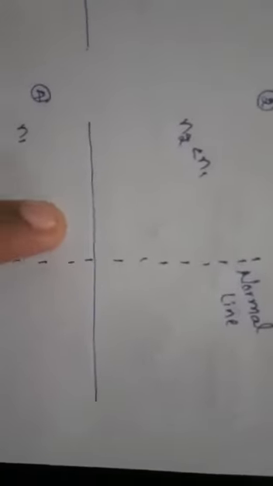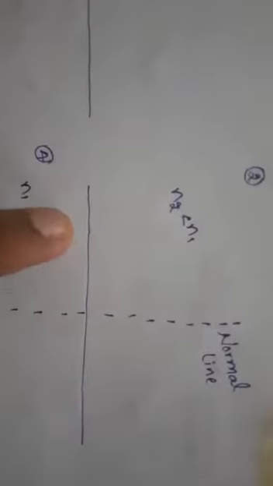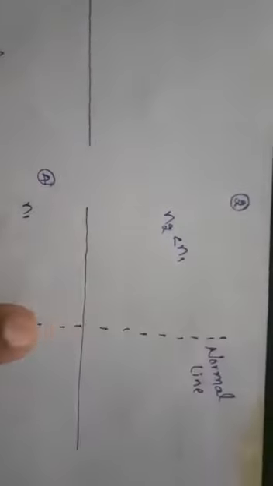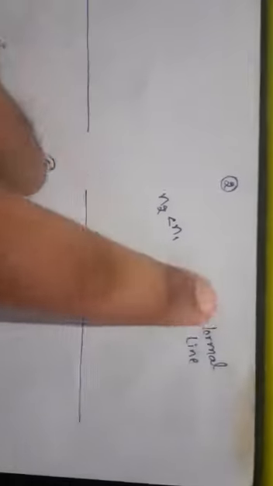Consider this; this is the first step. In the second step, I am taking the normal line here. This one is the boundary of the materials, separating the two materials. So these are the two materials, this is the surface or boundary, and this is the normal line. This is the second step.